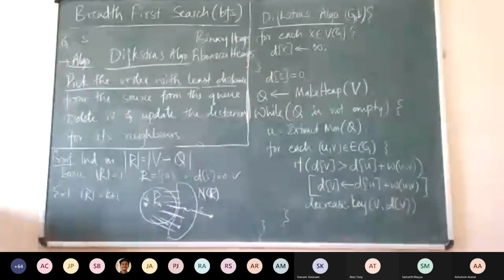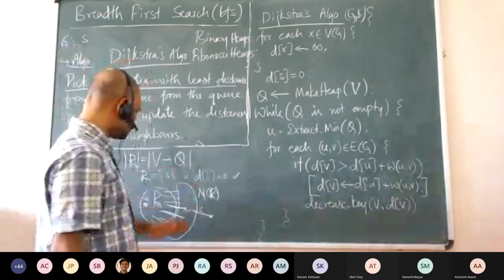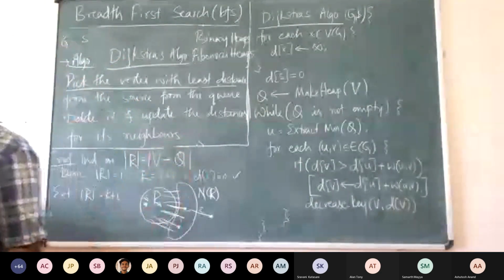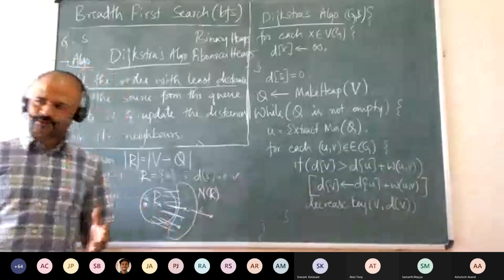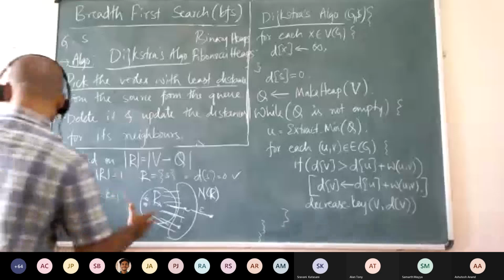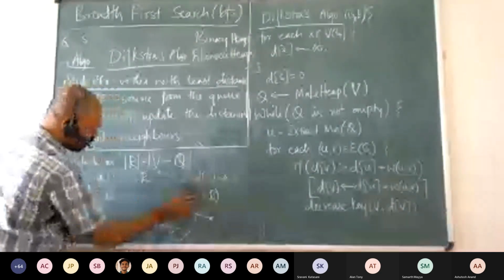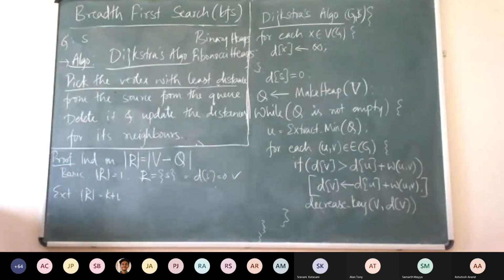So out of all those vertices in the neighborhood, we will pick that particular vertex which has the least value of distance from the source as of now. It may or may not be the final, but we are picking that and saying that it is final. That is what we need to prove now. So that is what we are doing: we are picking the least vertex.